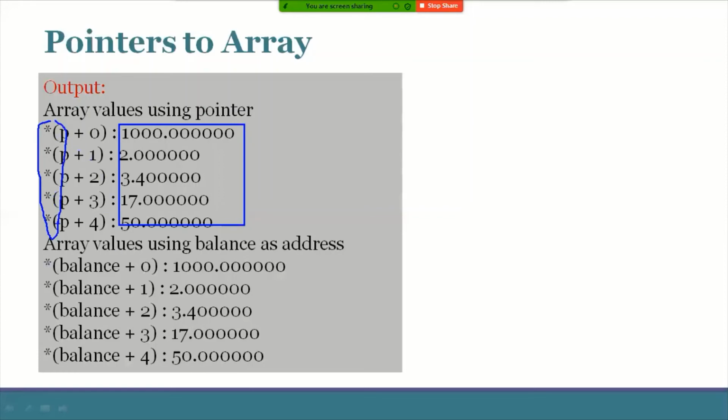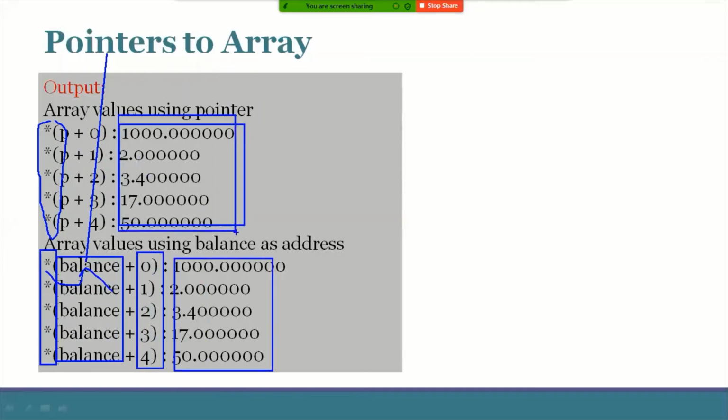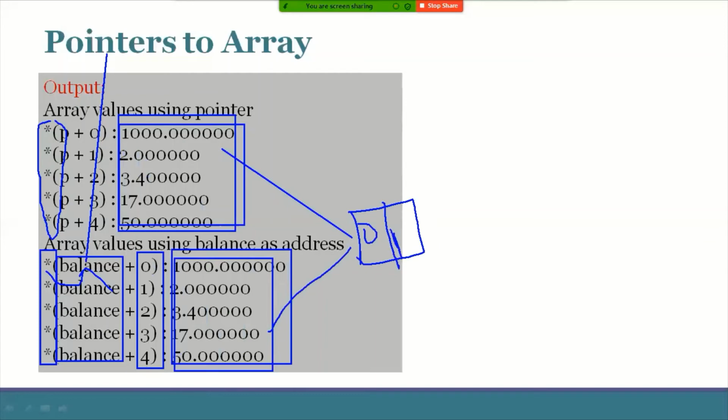Then same thing, an array variable also contains a base address. So the array variable itself contains the base address, nothing but it is one type of pointer variable. So if we apply indirection operators upon those array variables with the help of index numbers, the corresponding values can be accessed with the help of the indirection operator. This is called the dereferencing operation upon pointers as well as upon array variables, which is to access the same elements, same type of output. This is about the pointers to array concept.